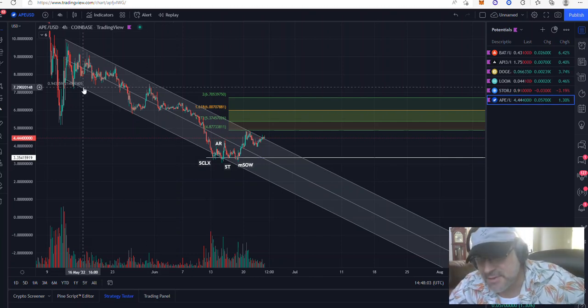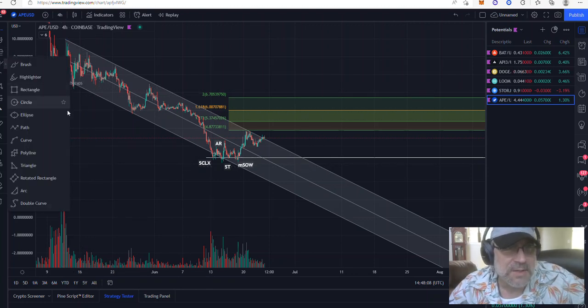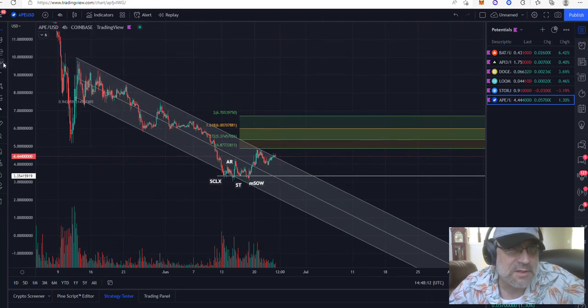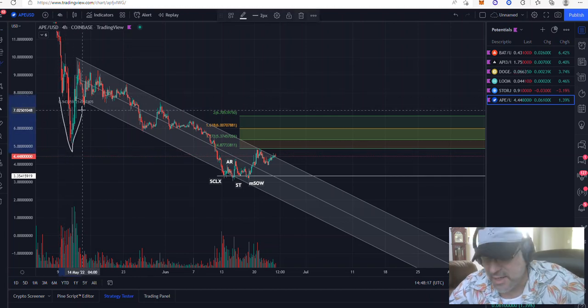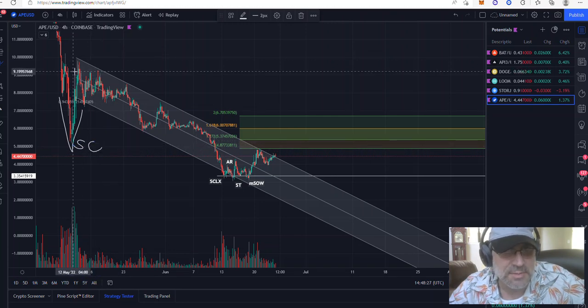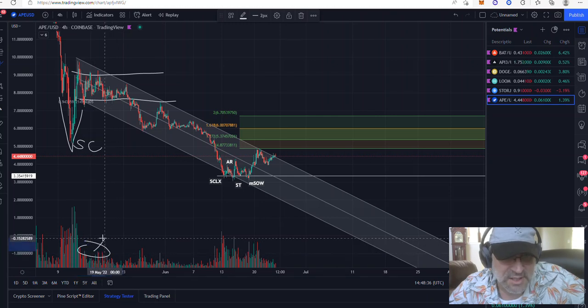Okay, so we have this ascending channel. We came out of this little downturn here, which looked at first to be a terminal shakeout, but then it proved to be just a selling climax. And we started a new Wyckoff range that turned out to be a redistribution, and it was kind of obvious with the predominance of supply increasing on the